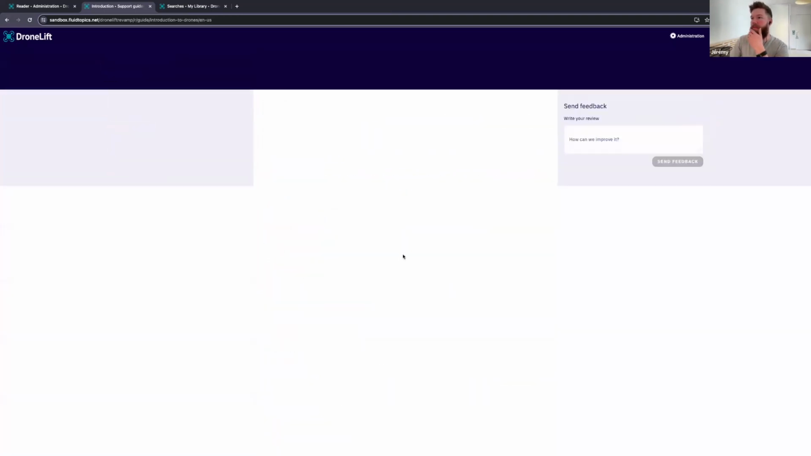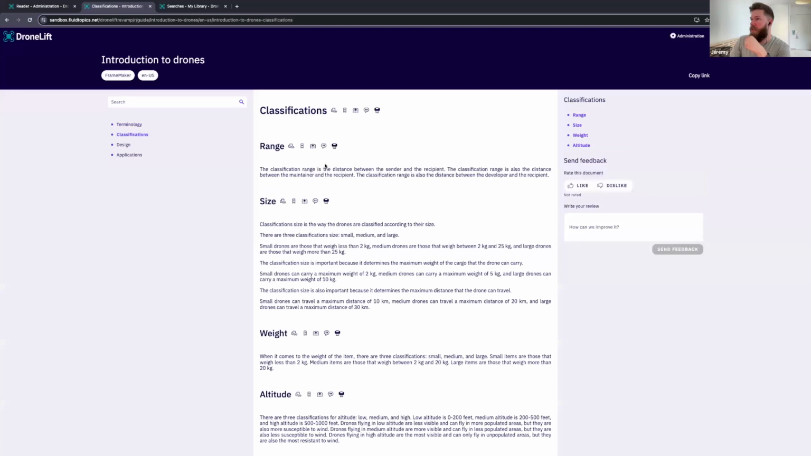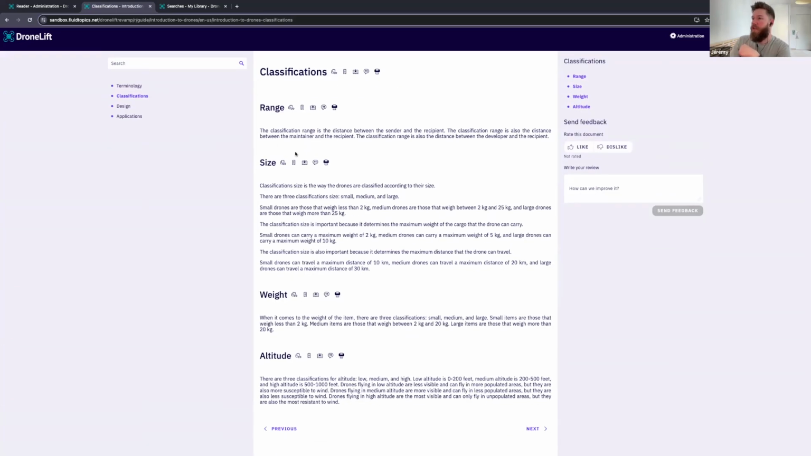Okay, it's this one. So I wanted to show this document so you can see the paginated content and the mini table of content. As you can see, we have our reader, and if I go next, I'm on classifications. Under classifications, we have our mini table of content with range, size, height, and altitude. So it shows all the